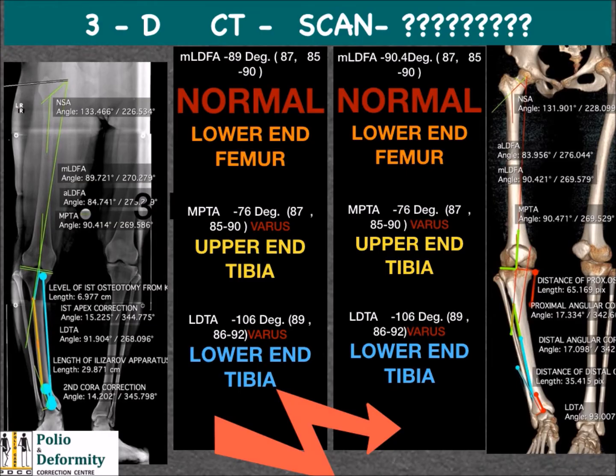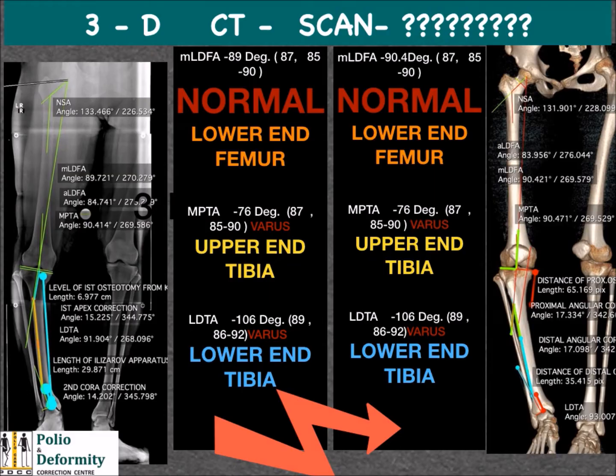MLDFA was 90 degrees, which was normal. MPTA was disturbed, and there was proximal angular deformity of the tibia by 17 degrees, and also a deformity was present in the lower end of the tibia. Now we are more precise